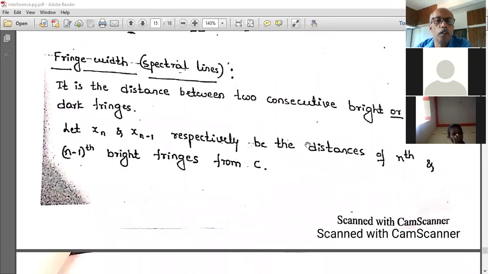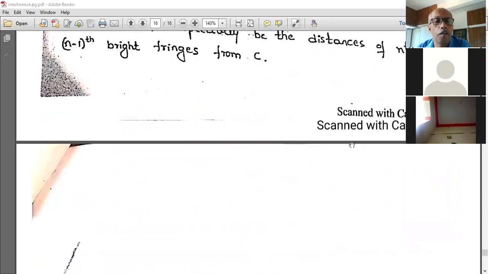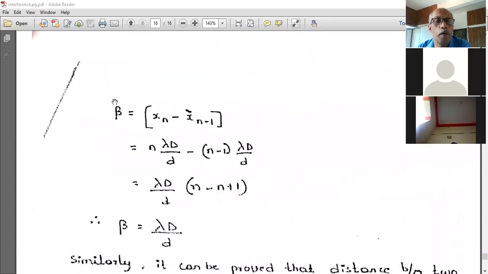Now, fringe width. Fringe width is defined as the distance between two successive bright fringes or two successive dark fringes. Let xn and xn minus 1 respectively be the distances of the nth and (n minus 1)th bright fringes from point C. That is, xn will be the nth bright fringe and xn minus 1 will be the (n minus 1)th bright fringe from point C. If that is the case, then beta, which is called the fringe width, will become equal to